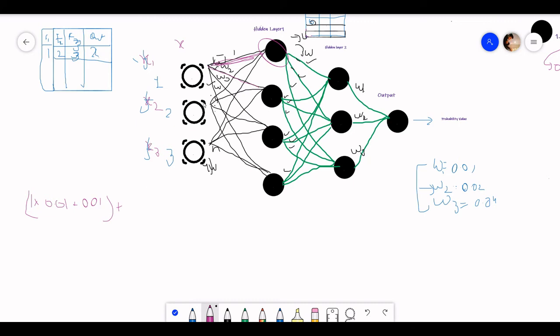After this, we have feature f2: 2 multiplied by 0.02 plus 0.01. After that, we have 3 multiplied by 0.04 plus bias, where bias is 0.01.